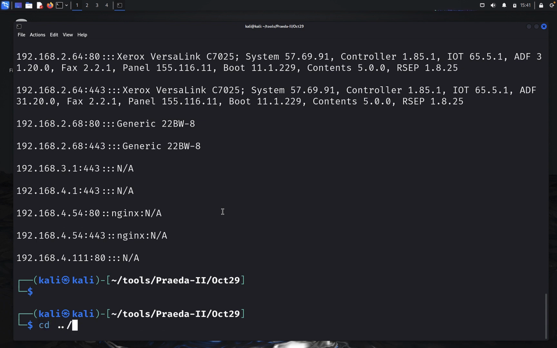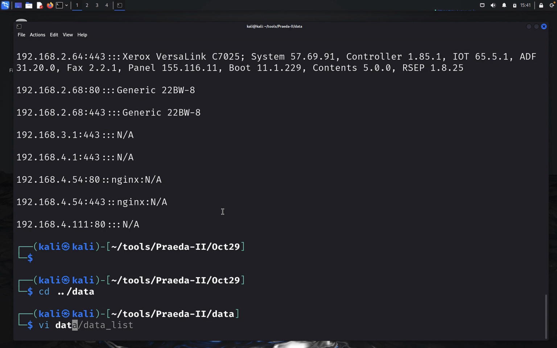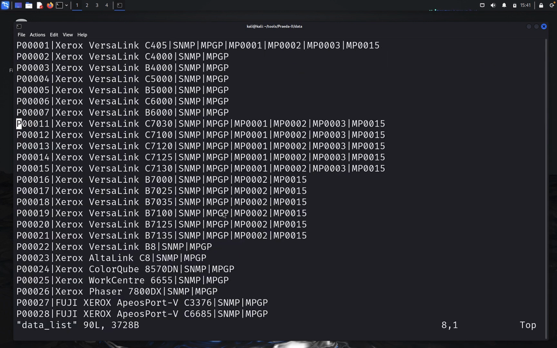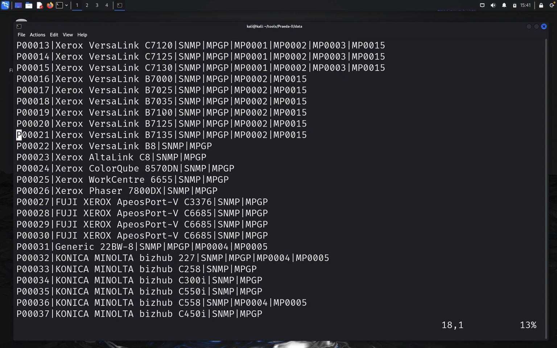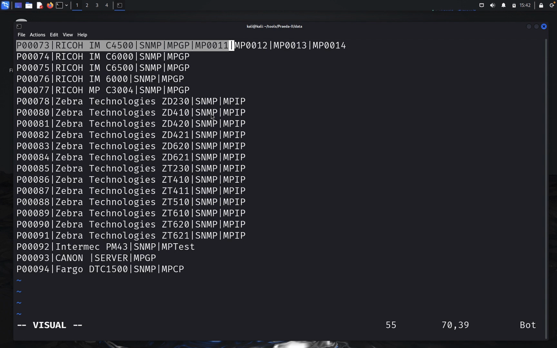And then we'll come back here and we will go to data, and we will vi the data list. This is the file that contains all of the information, so we can see how this is done. So with these Xeroxes, we have a tracking number, an identifier number, no big deal. It's just trying to keep some order in this file. Then we have the fingerprinting information, that SNMP data. Here we tag it as SNMP, and then we can just use the general purpose fingerprint, which is MPGP for that. So if we come down here to the end,